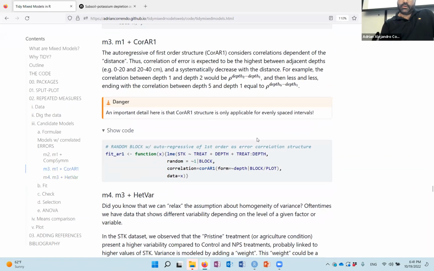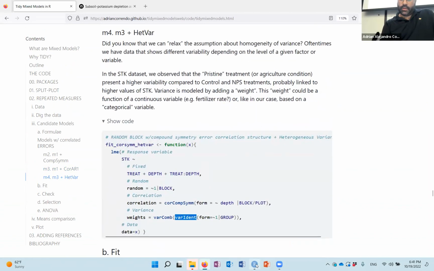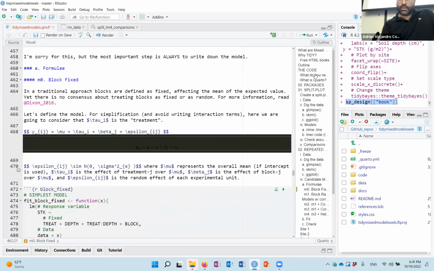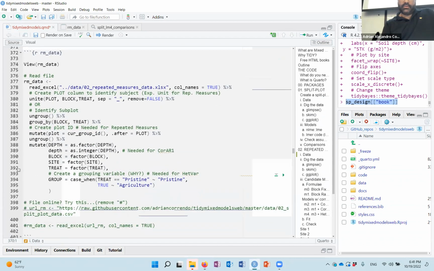Let's go back to the code. I'll go here. Then I go to repeated data. Here you see that we have group, and then I'm creating a group. If the treatment is pristine, it will say pristine. If not, it's agriculture. And these two groups, they are the ones that are likely to be different in